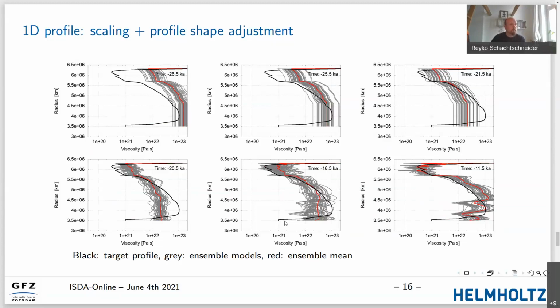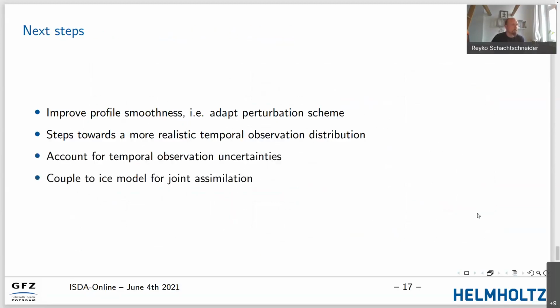the target profile. This is also quicker for the top parts here of the lower upper mantle. A little bit more difficult with more undulations here for the lower part because this is not well constrained. So the next step would then be to improve the profile smoothness by maybe adding some smoothing algorithm after the perturbation, or